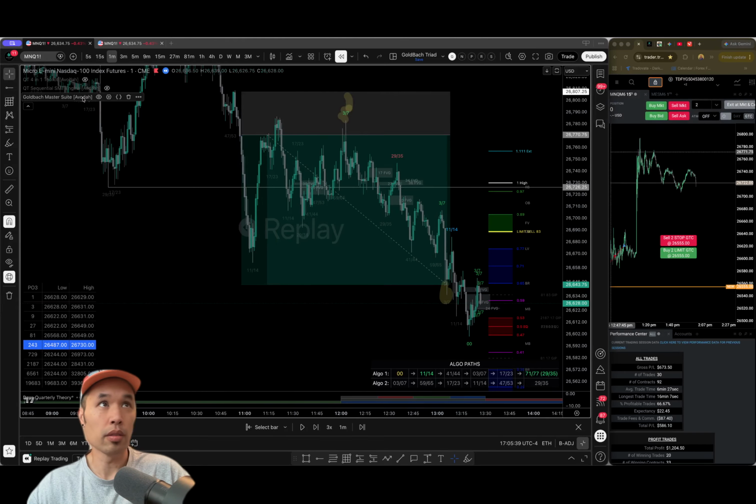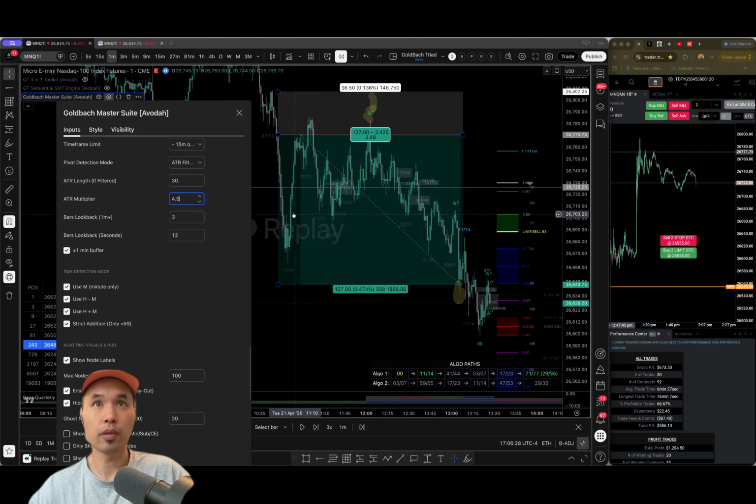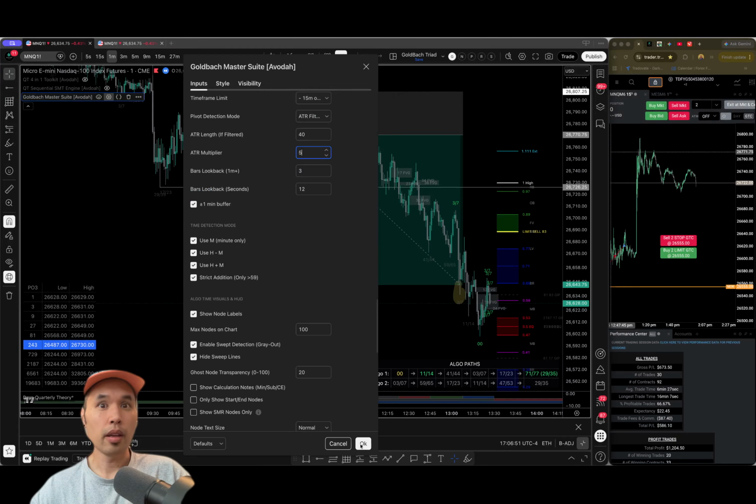Let's just play with it and see which one works best. But I find that a 3.5 or 4 ATR multiplier is going to filter out some of the noise and just give you the main swing points, which is what we want. We want swing points that take liquidity. Those are the swing points that actually matter. So anyways, I'll mess with this a little bit later and see how it does with these. I don't want to do it in this video, but let's just leave it there, and we'll end it there